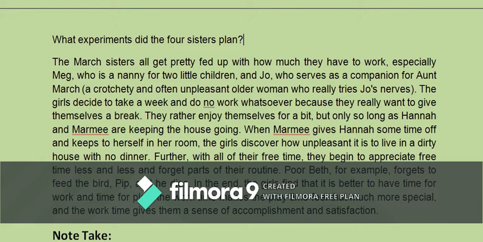Children, and Joe, who serves as a companion to Aunt Marge. Now they were quite annoyed with the kind of household chores that they were attending, which was quite minor in nature, and the entire household was taken care of by the mother and the cook. The girls decide to take a week off and do no work whatsoever because they really want to give themselves